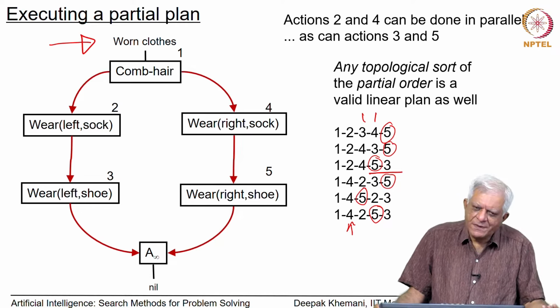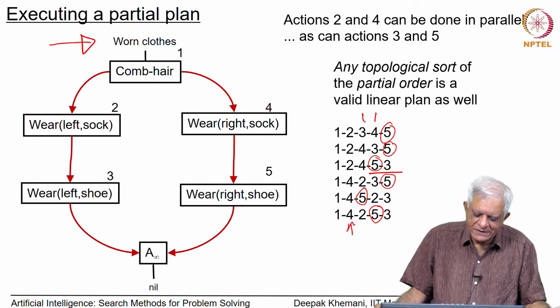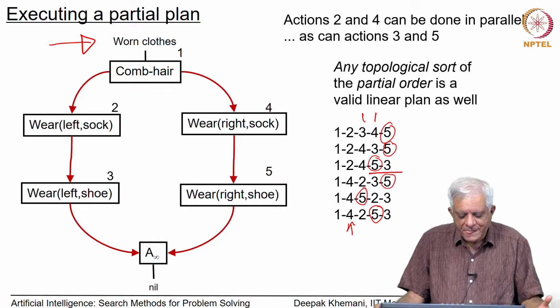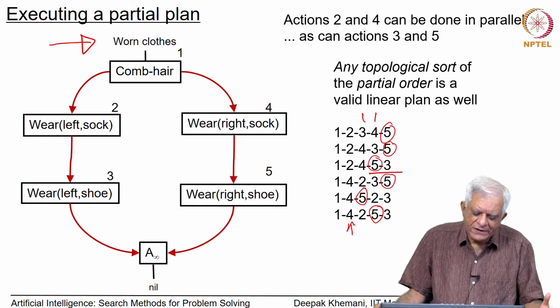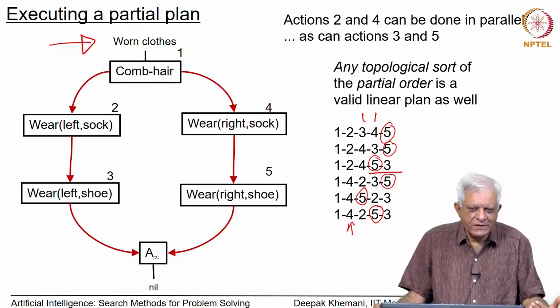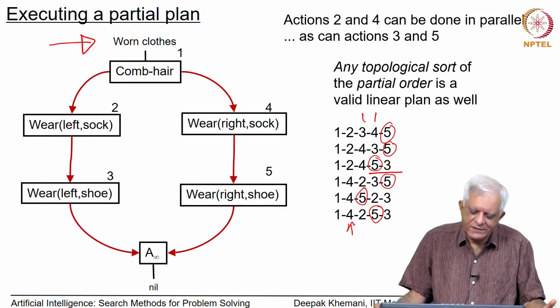So, you can produce a partial order plan and execute it sequentially, there is no stopping you from doing that, you do not have to execute it in parallel. And this also emphasizes the fact that we are using a least commitment strategy, because there is no way, at least we have